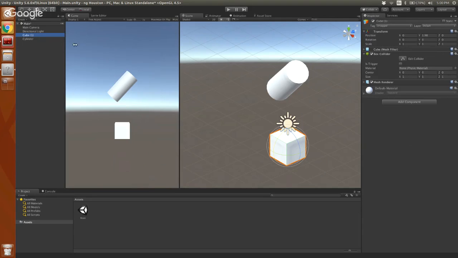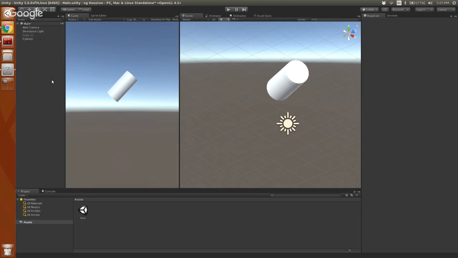So let's try this. I'm going to do a really cool thing. You notice how I hit this checkbox before to turn off the mesh render of an object? If I click this checkbox up by the name of the object, it'll just turn off that object completely. So it's no longer in the scene. And you'll notice in my hierarchy view, it's not completely gone. It's this lighter gray. So that means it's disabled. It won't interact. No code on that will run. It's just in there so I can turn it back on later.